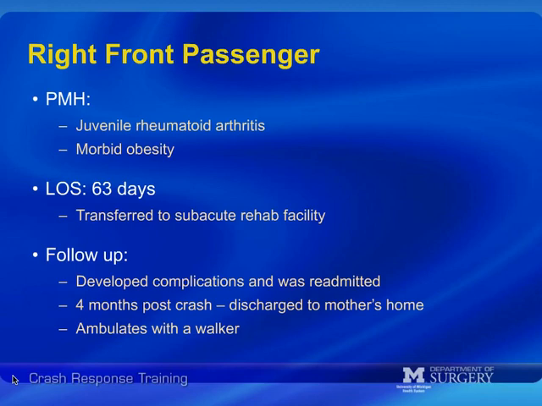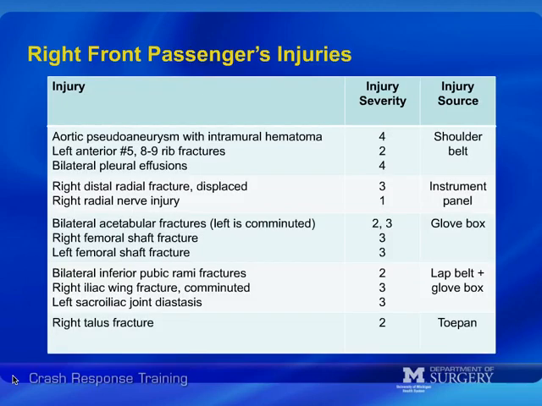She developed complications and was readmitted to the hospital, then went back to the rehab facility, and 4 months post-crash was discharged to her mother's home. She can ambulate, but with a walker. Injuries include an aortic pseudoaneurysm with intramural hematoma, left rib fractures, bilateral pleural effusions, all due to contact with the